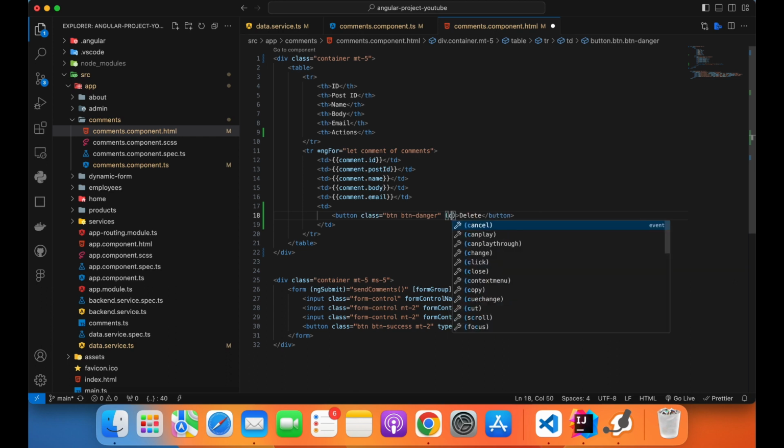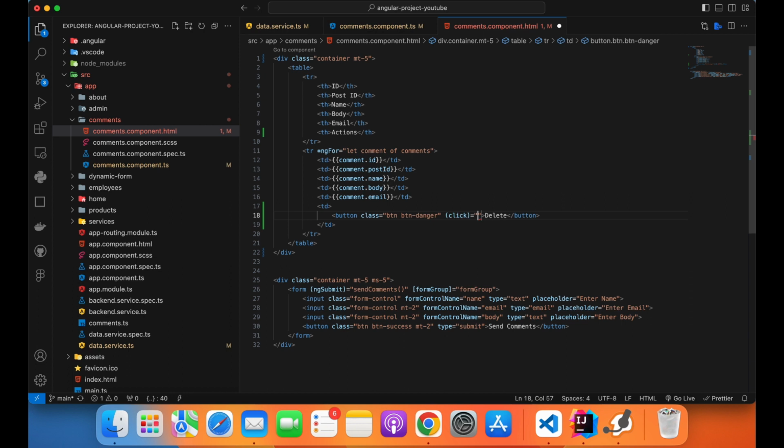So here we will just use the click event. Here we will pass the method deleteComment, and inside here we will pass the comment.id,